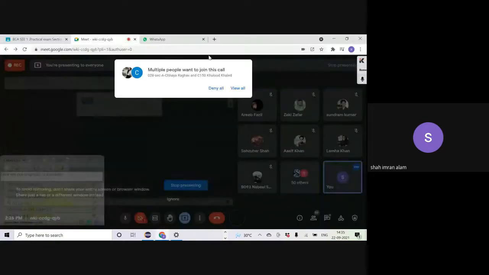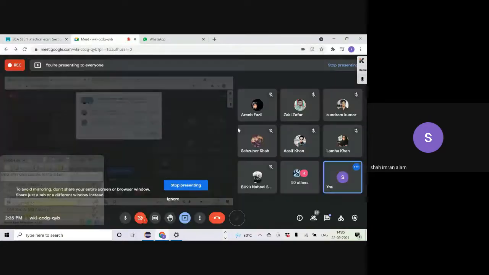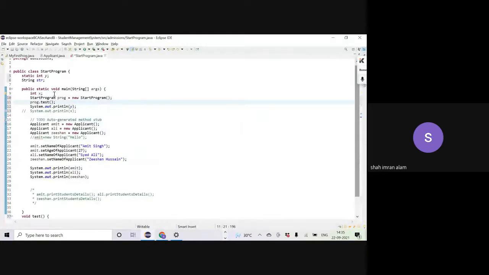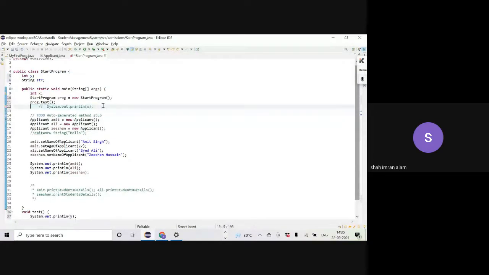Now you see what we have done in the main method. We have defined a method local variable x, in the scope of the main method. Even if I remove this static keyword, I don't have a problem. I am calling the test method of the same class by making an object of the class using the dot operator.